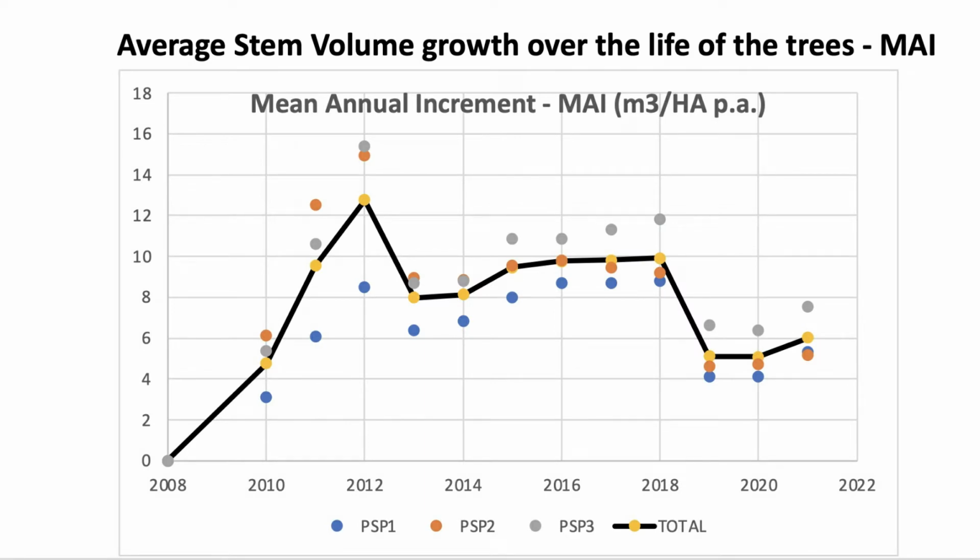Another thing you can look at is the mean annual increment, MAI, and that's if you look at the stem volume in a particular year, year X, whatever that is, 3rd year, 5th year, 10th year, if you divide the stem volume by the number of years, then that'll show you how it's changing over time. It's like a moving average of the stem volume. And again, you can see the effect of the thinning. It drops it down, but it doesn't go negative. You've still got stem volume there to average across, and it drops down again and it starts to go up again. So it's all just giving you different perspectives on what's happening as the trees grow, as they're thinned as part